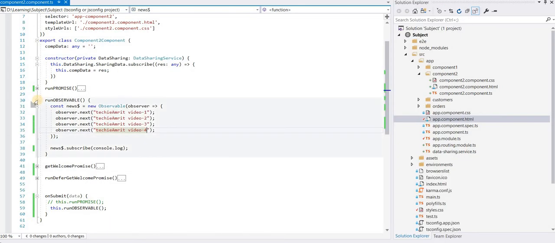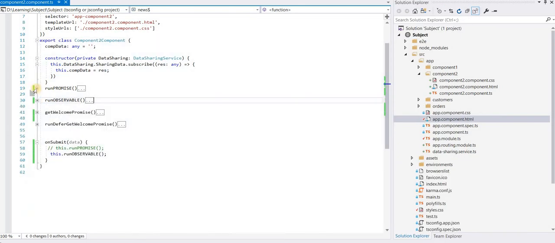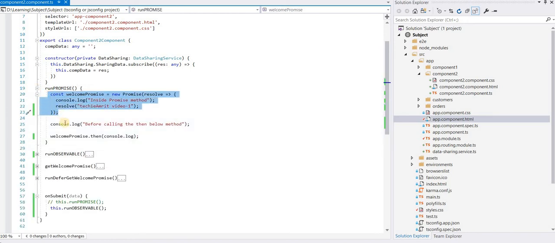Now it's time to understand the promise. A promise handles only a single stream of events and promises are eager by nature. So whenever you write the function of a promise and execute it, you try to resolve it, it immediately calls this method.